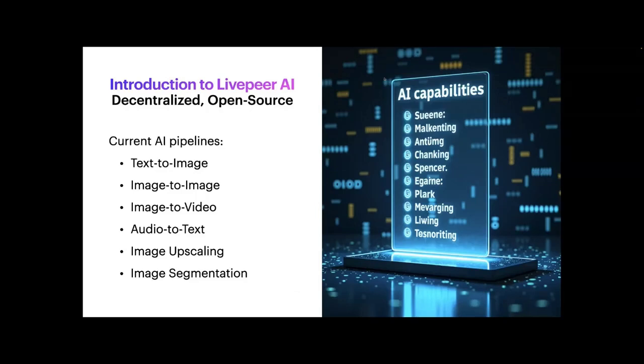And by the way, all the images that I've paired these slides with were generated using LivePeer AI. So I just thought it might be a nice, fun visual aid. I'm always a big fan of the pseudo-English that these models come up with. So as you can see, AI capabilities include Malconting and Spencer, Clark. Anyway,